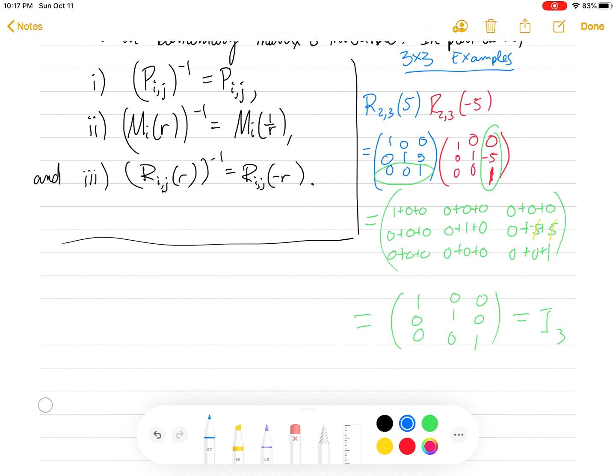So in finality, you get 1, 0, 0, 0, 1, 0, 0, 0, 1. That's the identity, I3. So what do we have to multiply R2,3 of 5 by to get the identity? R2,3 of negative 5? That means R2,3 of 5's inverse is R2,